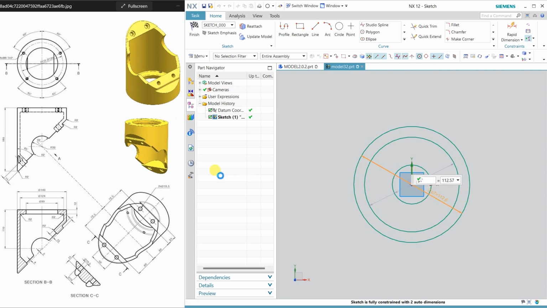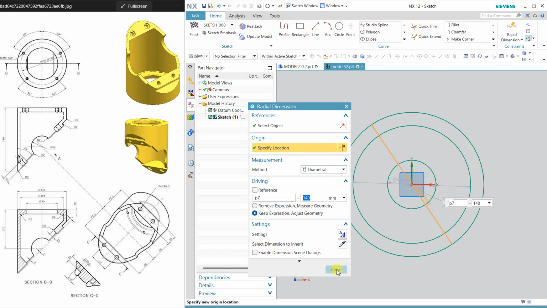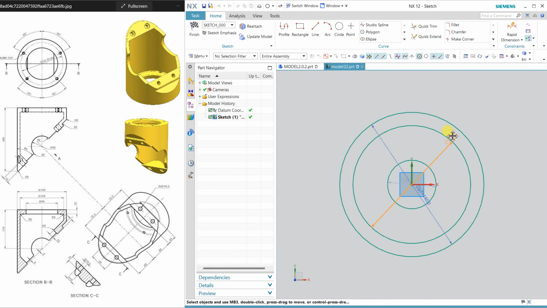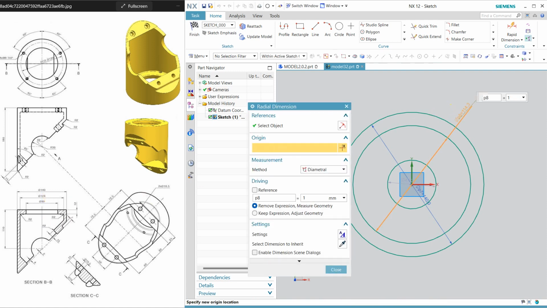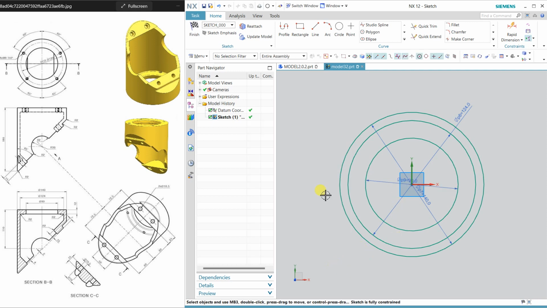This outer circle is 140 diameter, change it to 140. And the second diameter is 124, so change it to 124 millimeter. And the last one, which is this hole, is 90. So this is a 90 diameter circle.